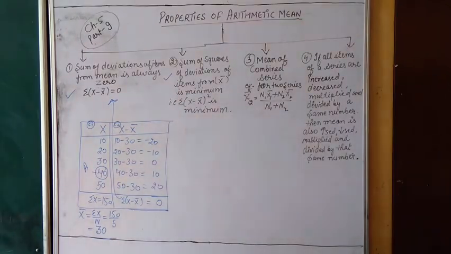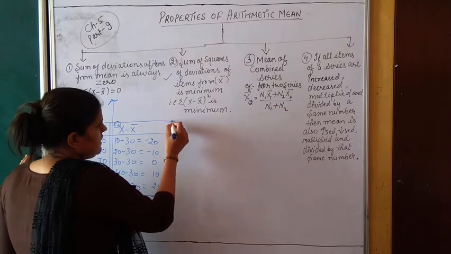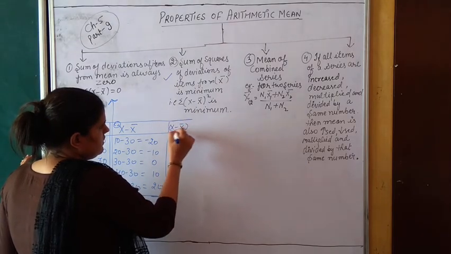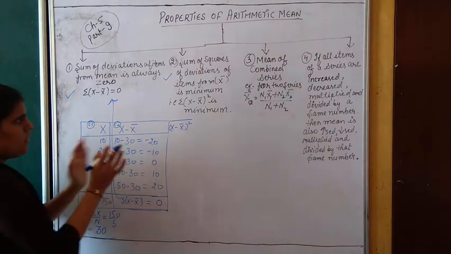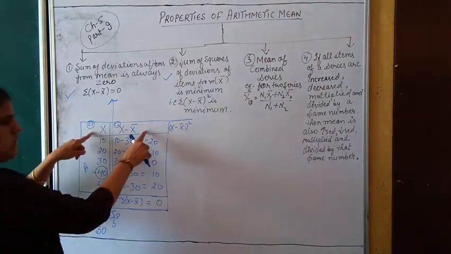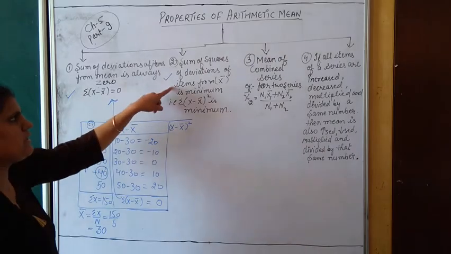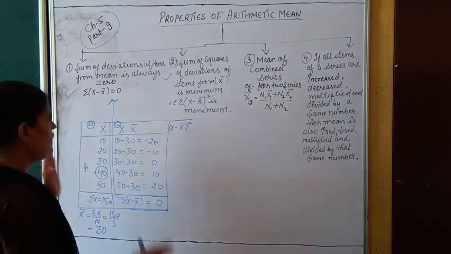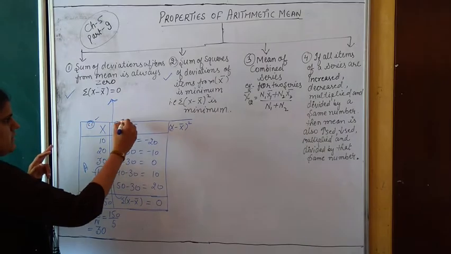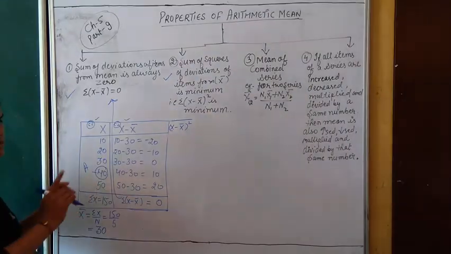Now बच्चे, for this second property I need (x minus x bar) whole squared. I need this column, and for proving this I have to make these columns also. For proving this only these two are sufficient, and for proving this property, whatever I am doing now, you all have to do, and for that this is also necessary. Again I am not redoing it because I have already done it just now in front of you.